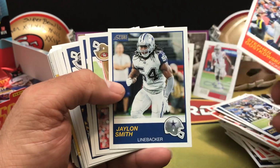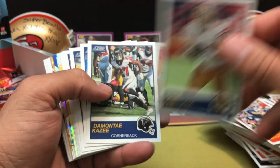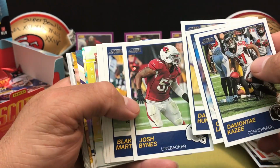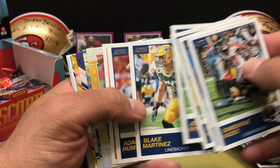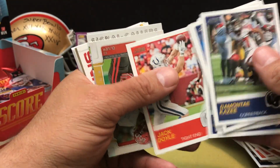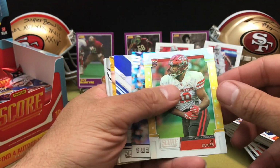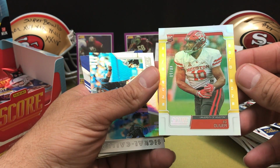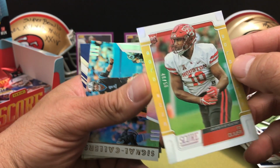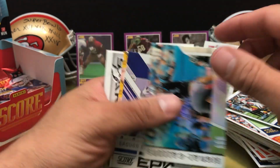Steven Gostkowski, Jalen Smith. We got Kyle Juszczyk, DeMonte Kazee, Corey Littleton, Daniel Hunter, Josh Bynes, Blake Martinez, Adam Humphries. We've got Jack Doyle, and then we hit our next set of inserts, and we've got a Gold Zone rookie card of Ed Oliver, and that's going to be 40 out of 50, so that's our second Gold Zone card